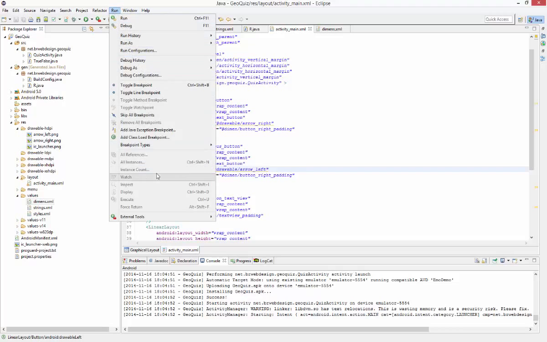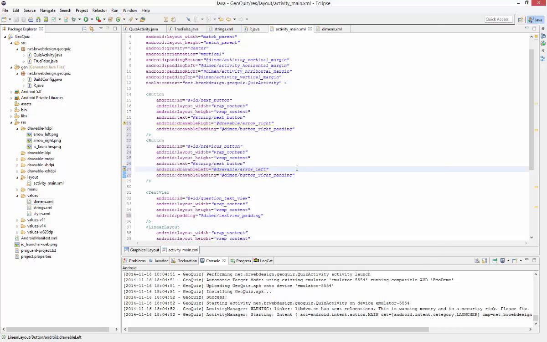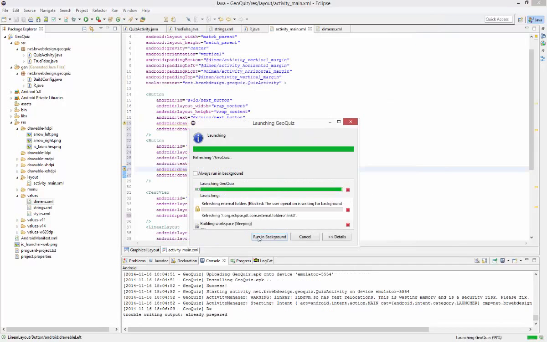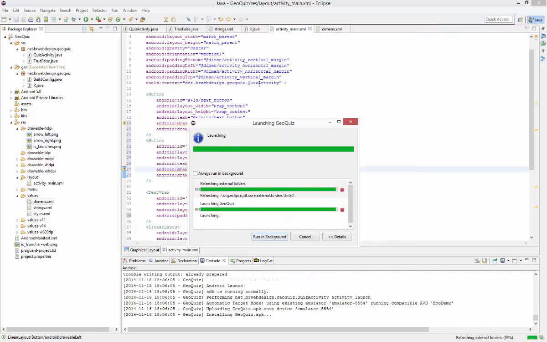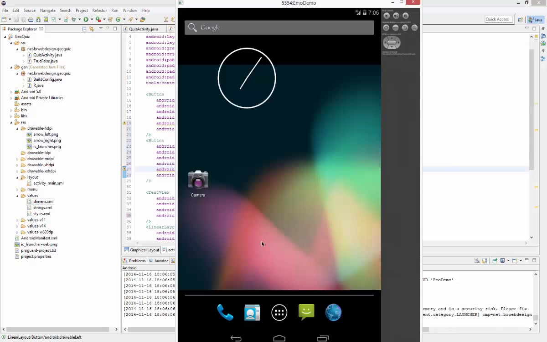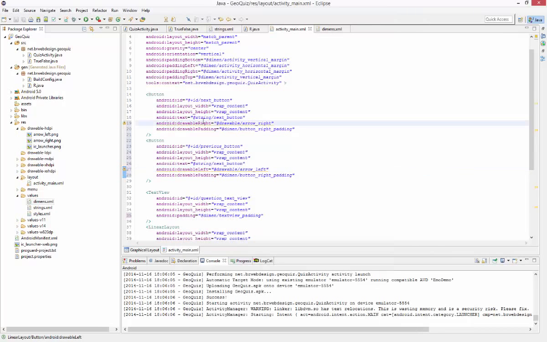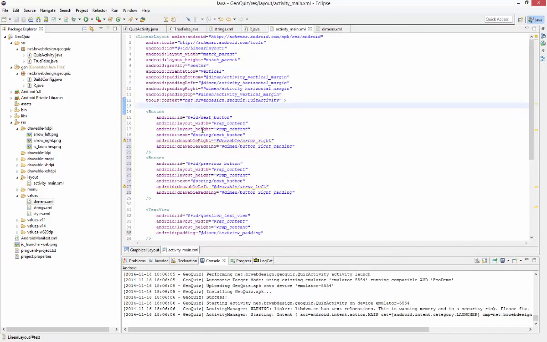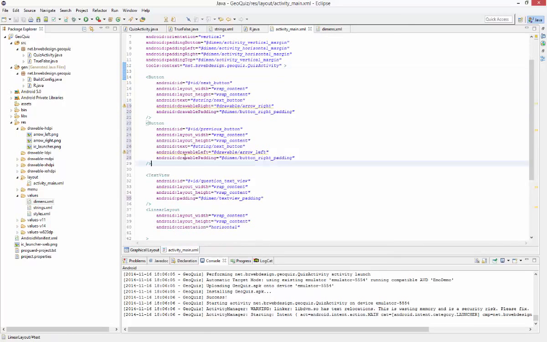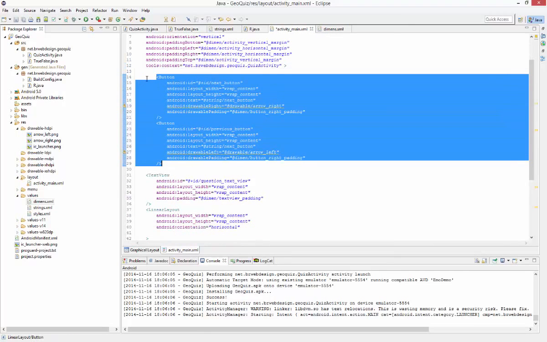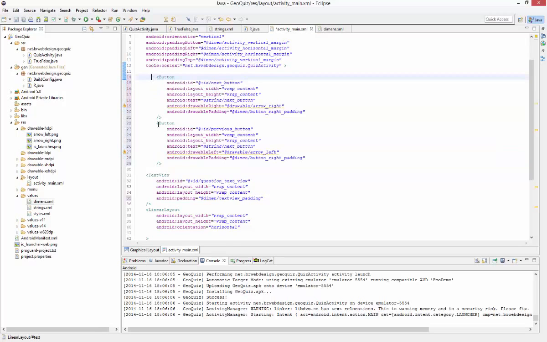And just to see if that's actually running correctly thus far, we're going to go ahead and run our GeoQuiz. That kicks everything up. And now we have a next right and a next left. Now the layout is a bit broken. Wrap content, and that's probably because we're going to need to nest these two buttons inside a linear layout of